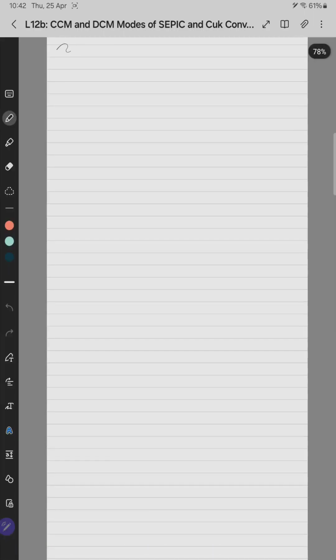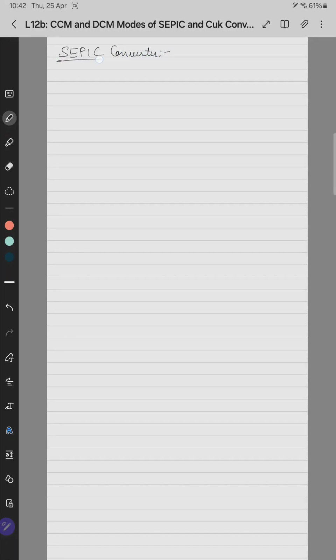So in this lecture we'll see only the two popular fourth order DC-DC voltage converters, that is, SEPIC and Cuk converter. First we'll see the SEPIC converter. SEPIC stands for single-ended primary inductor converter. That is the full form of SEPIC converter. A SEPIC converter has, on the input side,